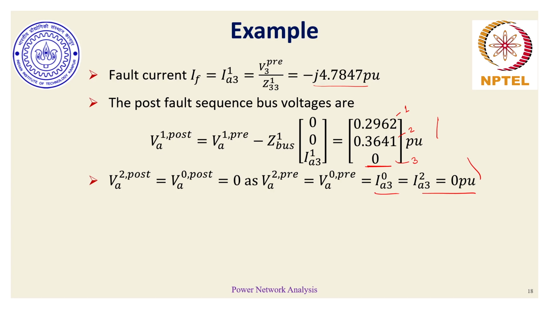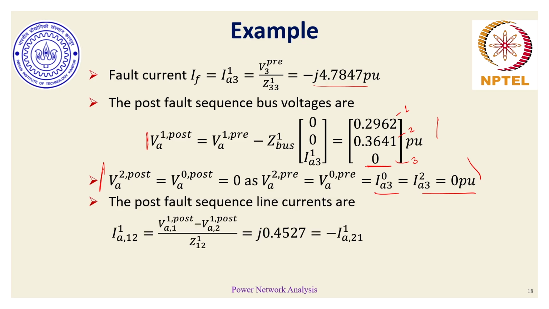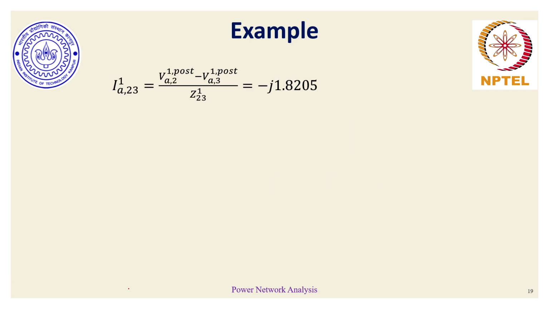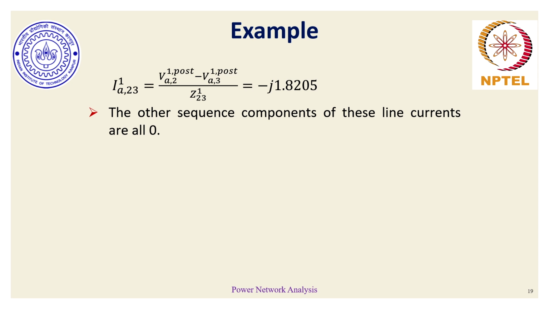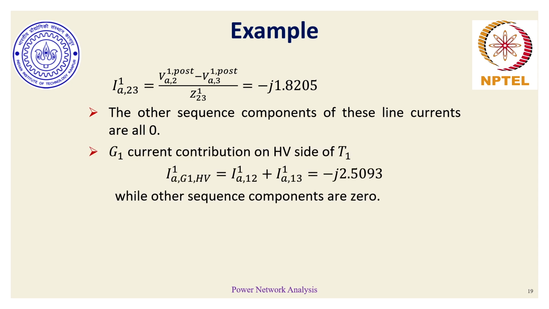So we will evaluate the line currents using these sequence voltages only. We will not convert to the phase domain yet. So you find the corresponding positive sequence line currents IA12, IA13, IA23. Other line components are perfectly zero. Once we know the corresponding line currents, the sequence currents, on the HV side of the transformer, where bus 1 is, so